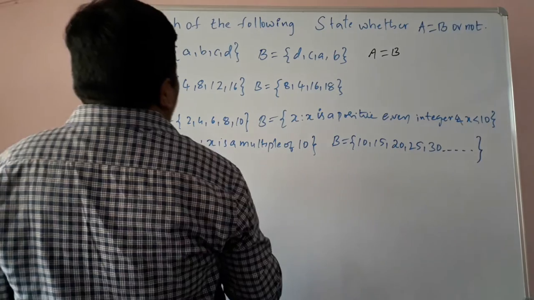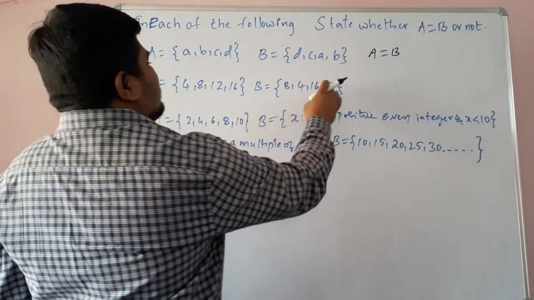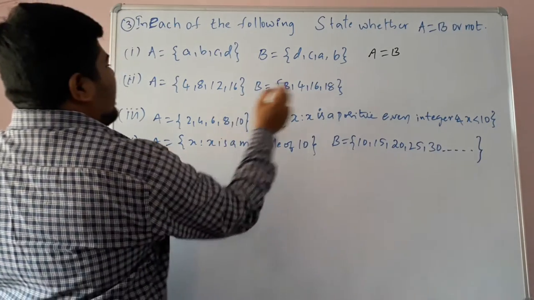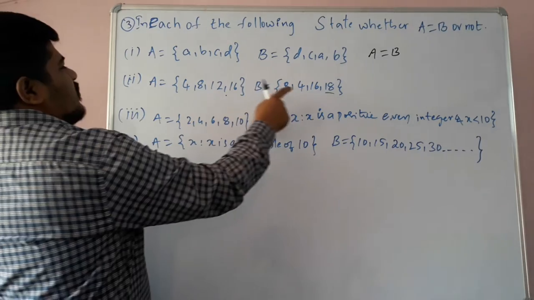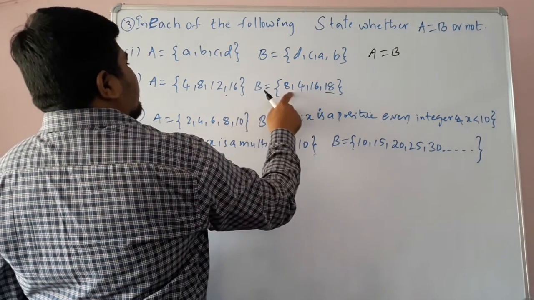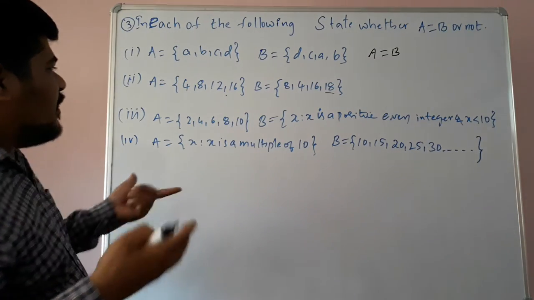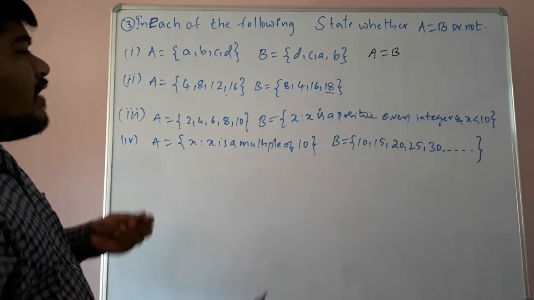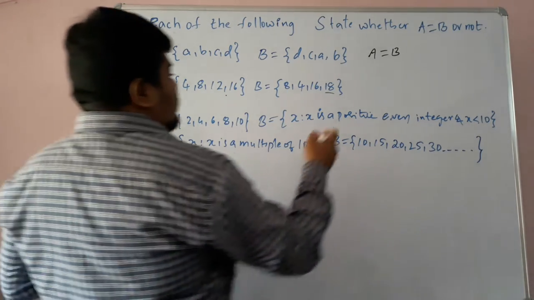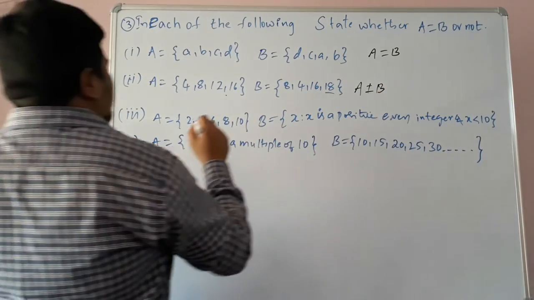Here you can tell A is equal to B. Now if you see the second problem, 4, 8, 12, 16 are the elements in A, and 8, 4, 16, 18 are the elements in B. Children, here 18 is here, 18 is not there. Okay. 4, 4 same, 8, 8 same, 16, 16 same, but set A has 12, and in set B 12 is not there. Set B has 18, in set A that is not there. Both are not having the equal elements, so we can write A is not equal to B. Now let's see the third problem, children.